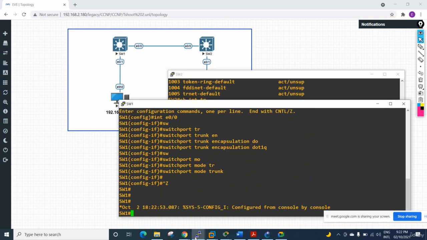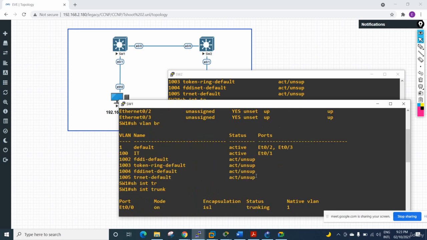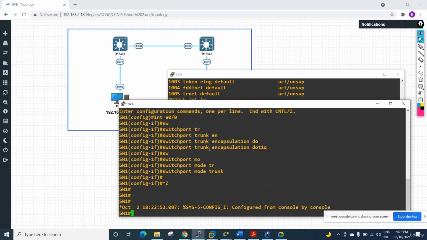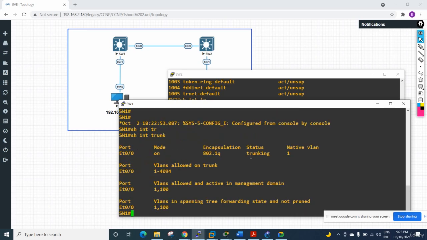Generally we will write no first. We will remove whatever we have here, but this way also we can do. If you want to remove anything, we need to write the same command with no before it. So we write switchport trunk encapsulation ISL, then no switchport trunk encapsulation ISL, and with that we remove that command, and then we can configure this one. Anyhow, I configured this one directly, so it will overwrite it. Then we run show interface trunk. So now if you see we have